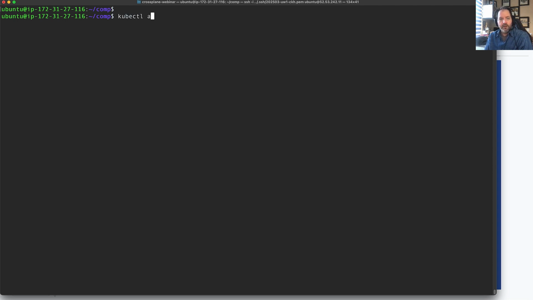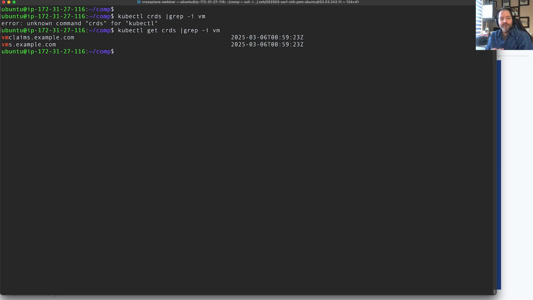list our, let's just do CRDs, I guess, grep for VM, kubectl get CRDs. Helps if I do get. Right, so there's our two APIs, VM claims and VMs. And right now I have APIs that have registered. I can